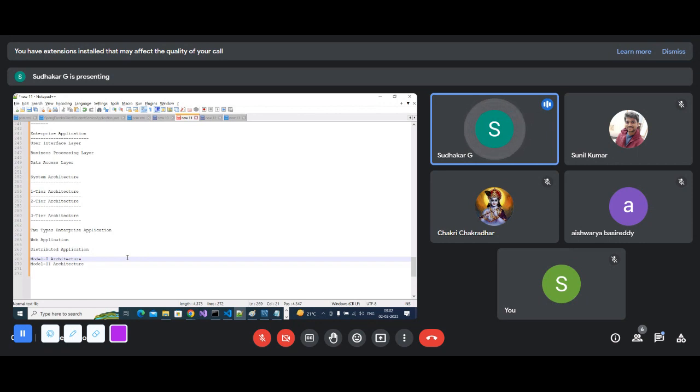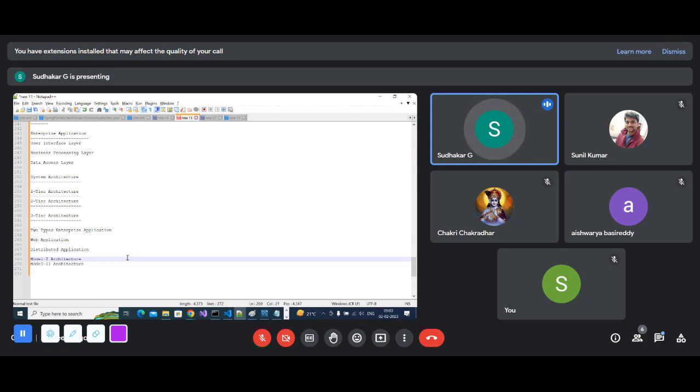In model 1 web application architecture, we will use the JSP page as the controller as well as the presentation part, right? For example, in model 1 architecture, let's assume you are using JSP. In the JSP page, you are writing Java code as well as HTML code. So the JSP page will act as the presentation part, and for Java-based logic you can also use model components. But in the model 2 architecture,